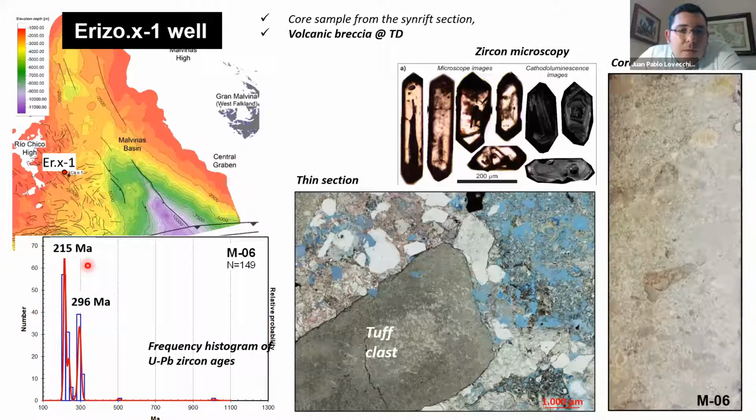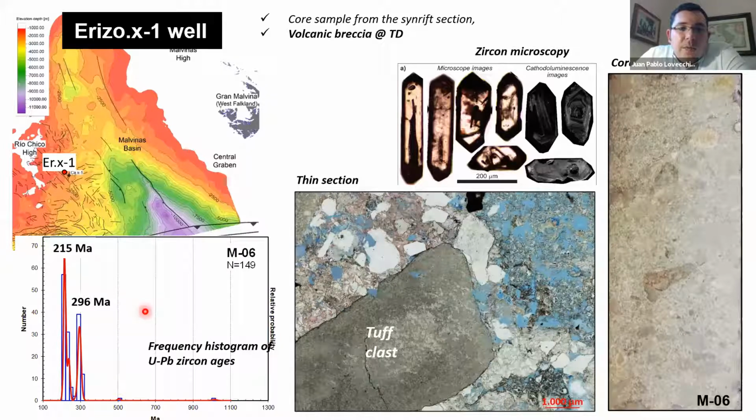some inherited ages of 296 million years and some ages of 215, which we interpreted as the deposition age of this rock. The zircons that you can recover in this method can form at the same time as the deposition of the rock or before. So this is why we could get ages of all the provenance areas for that rock in that location, and